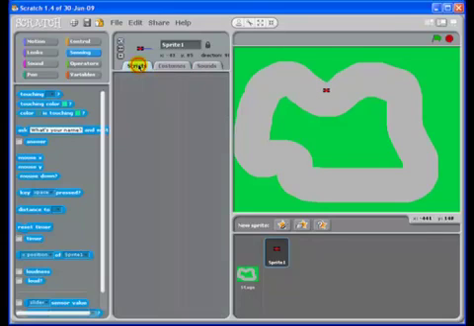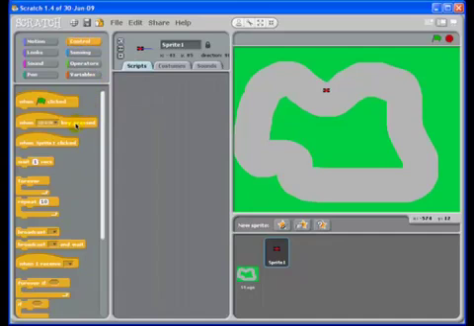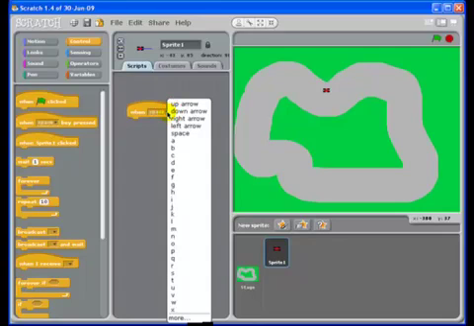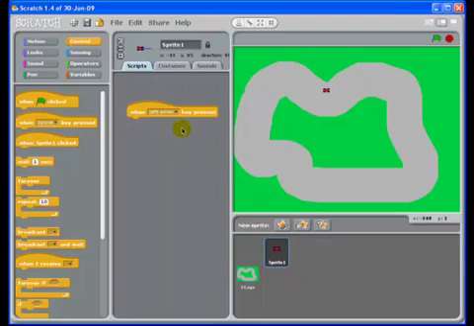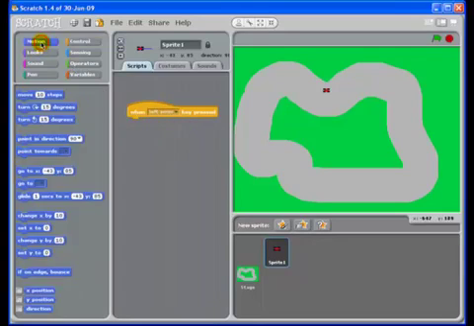So if I click on scripts, let's do a bit of control. So when a particular key is pressed, rather than the spacebar, let's change that to the left arrow. What do I want it to do? Well, I want it to turn left a little bit. So here you'll see turn, the arrow is pointing to the left, 15 degrees. Okay, once I've set that up, if I now move the left arrow, I can get my car to